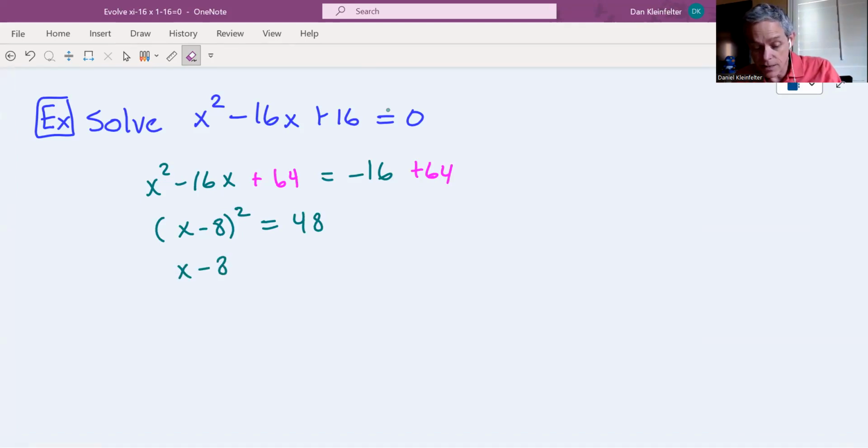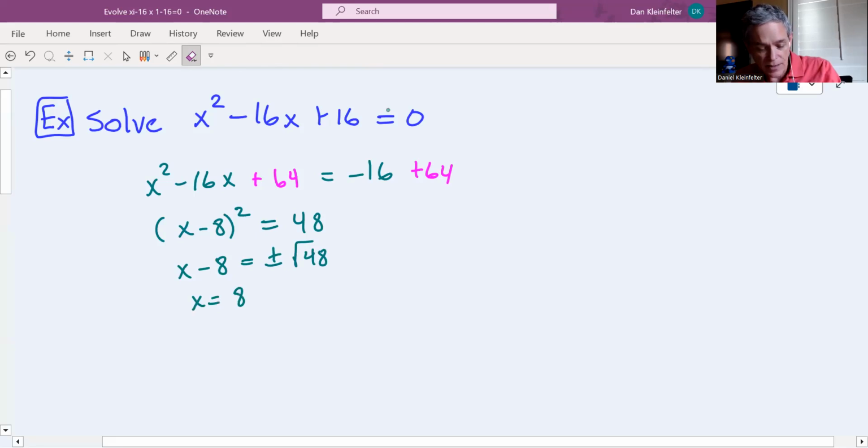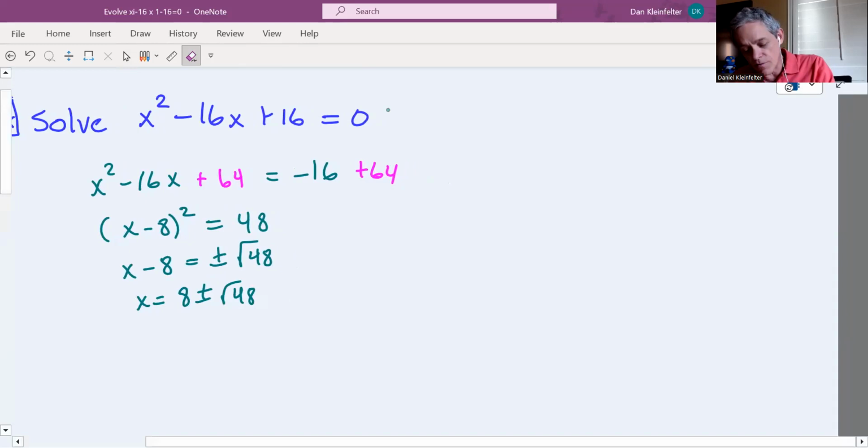From here, it is downhill from here. Plus or minus the square root of 48. X will be 8 plus or minus root 48. I'd better simplify the square root of 48. The square root of 48 will be the square root of 16 times